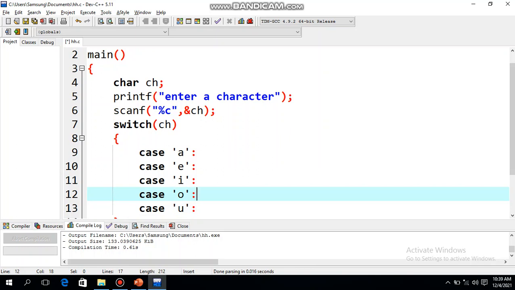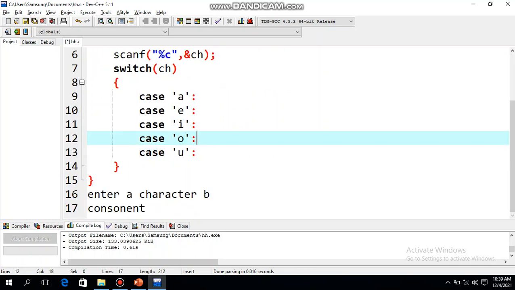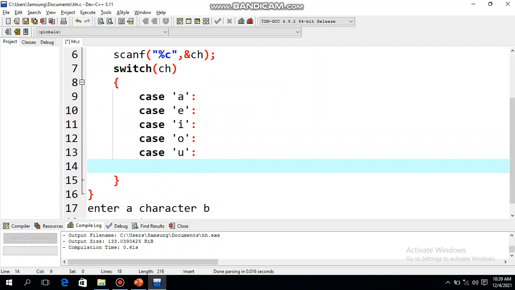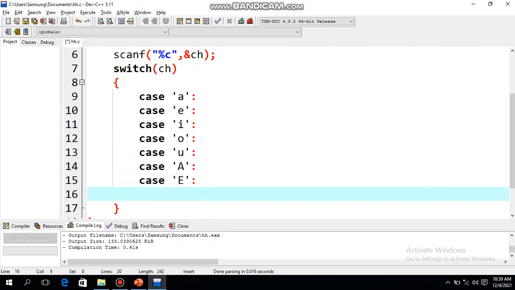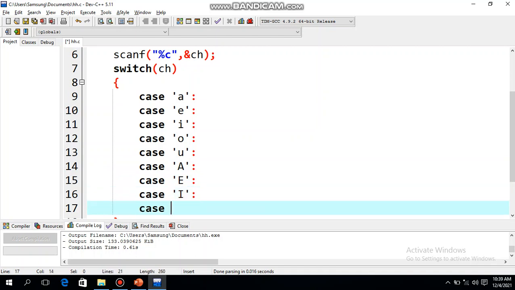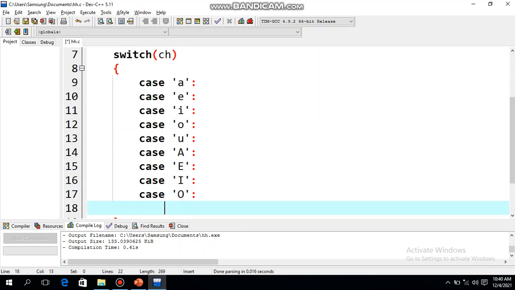Okay, so for all these cases, these are the small letters I have given. Then for capital letters also, because C language is case sensitive, so capital letters and small letters are not equal. So I will write down for capital letters also: case A, case E, case I, case O and case U. Okay, so for all these cases the output is same.